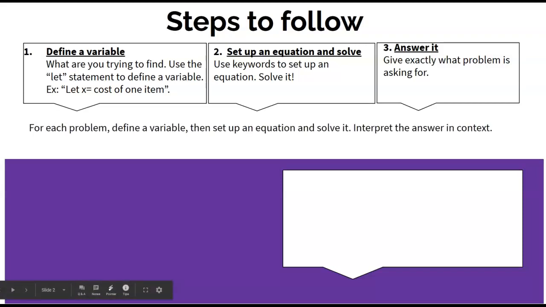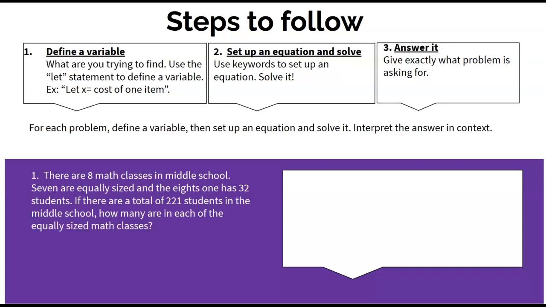So for each problem you're going to see here, you will define a variable, then you will set up an equation and solve it. Interpret the answer in context. So question number 1. There are 8 math classes in middle school. 7 are equally sized, and the 8th one has 32 students. If there are a total of 221 students in the middle school, how many are in each of the equally